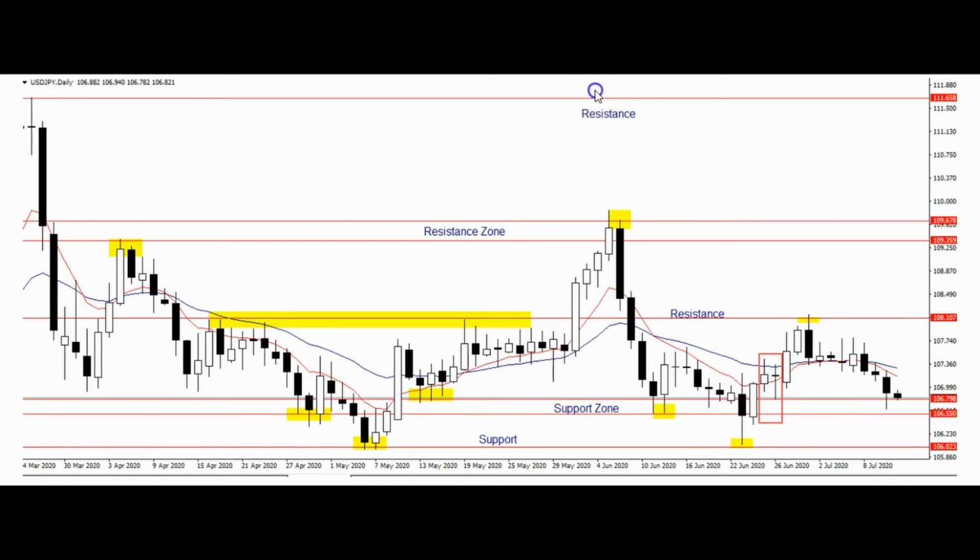So moving forward, what we're looking for is a buy signal somewhere in this support zone between 106.798 and 106.550, or even lower down here at 106.023. Time will tell, but I'm looking for a buy signal. It would have to be in the form of a very bullish pin bar or a sucker setup that will allow us to go long, and our first target will be